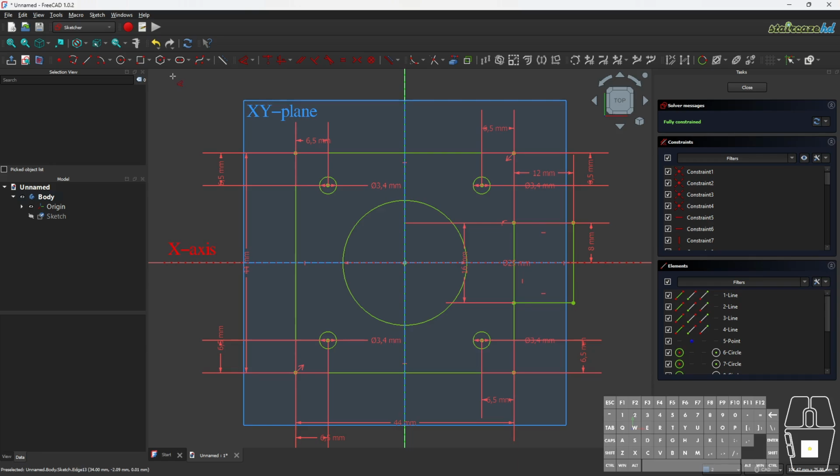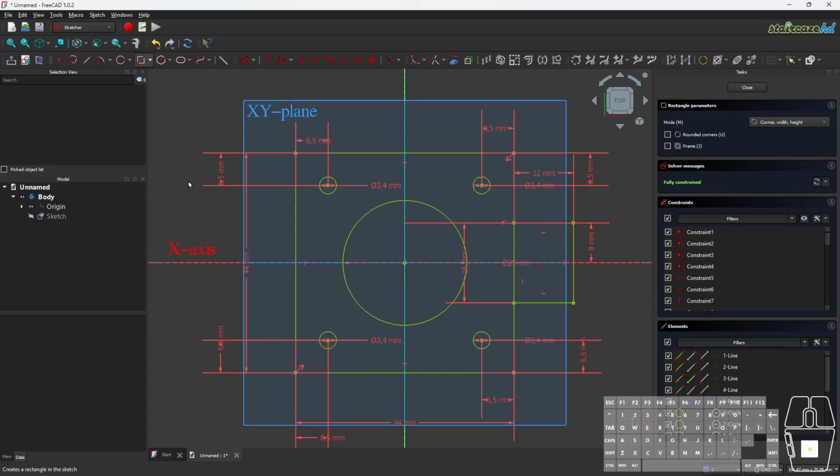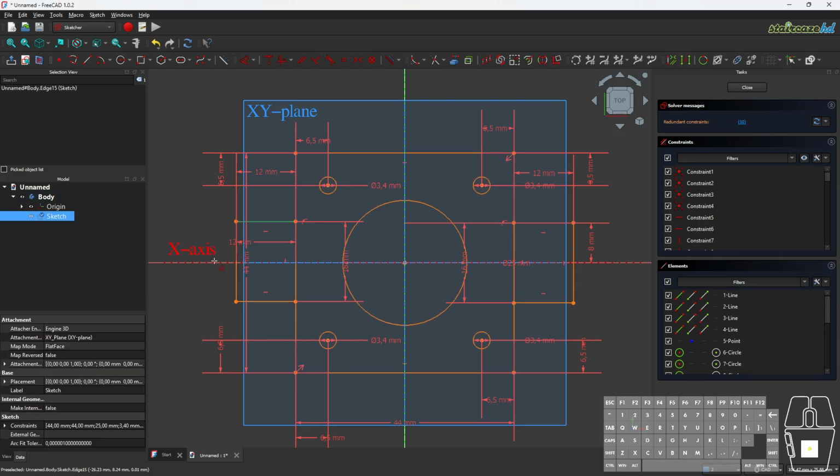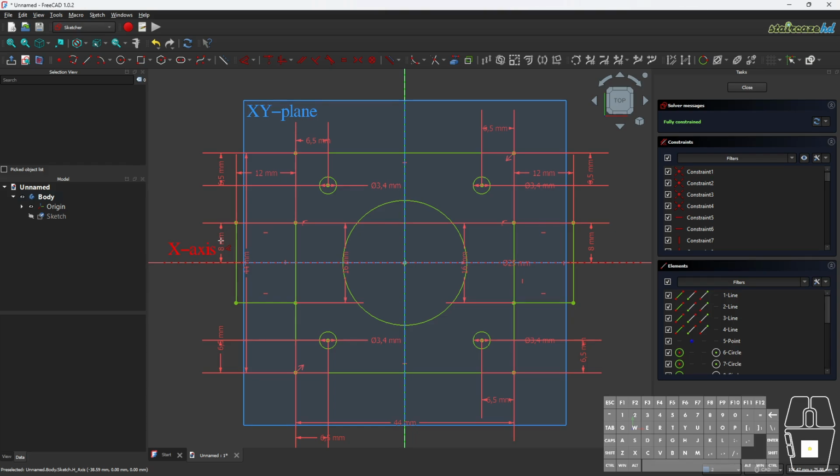Do the same for the left side of the main square. Now the first sketch is ready.